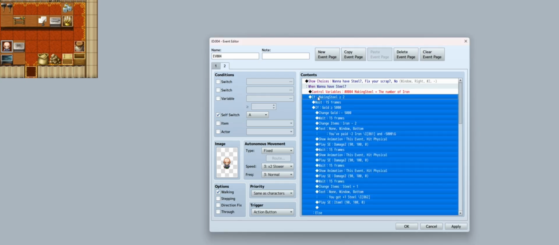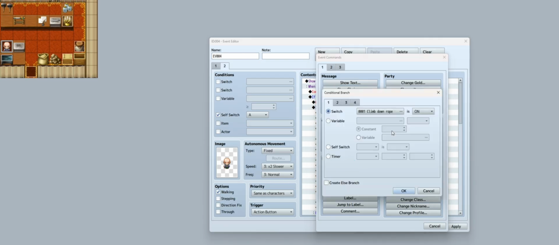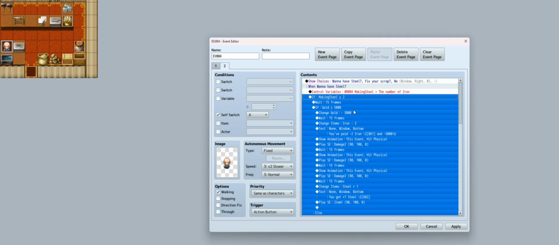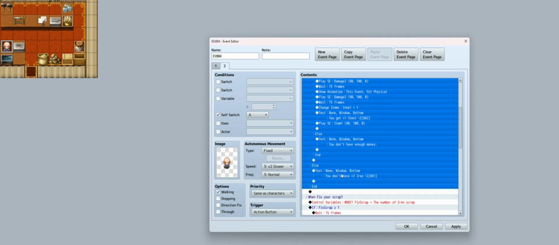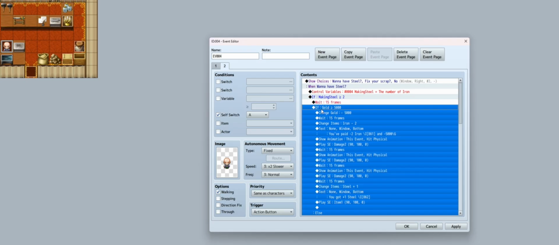and on the next we have made a conditional branch. The conditional branch you will find here. You just click on that one. On this we have on side 1 here, equals or more than 2 iron. We have created an else branch here, so if you don't have any iron or enough of iron, you will get a message that you don't have enough iron. And we have waiting frames here. I have done 15 frames for waiting,